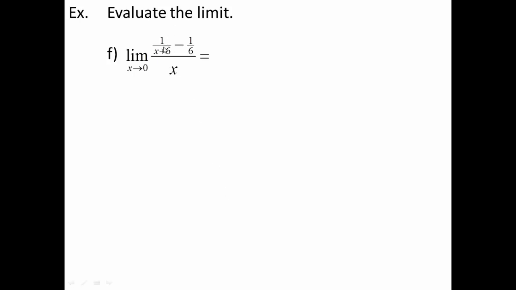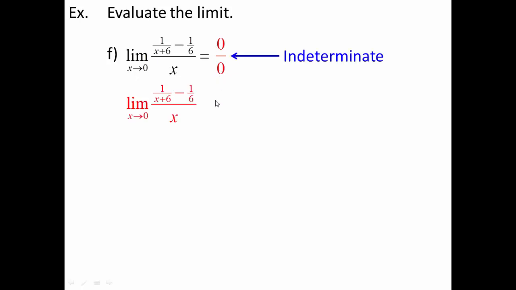So once again, I have extra fractions on the top, so fractions within a bigger fraction. Always going to start by direct substitution to justify that it's indeterminate, and thus I need to use fancy techniques. So the fancy technique that I used on the last one, which I'm going to try again on this one, is I'm going to multiply top and bottom by the common denominator of the top. So I'm going to multiply by x plus 6 and by 6. So multiply by 6 and x plus 6.